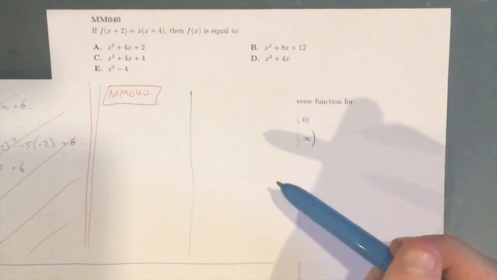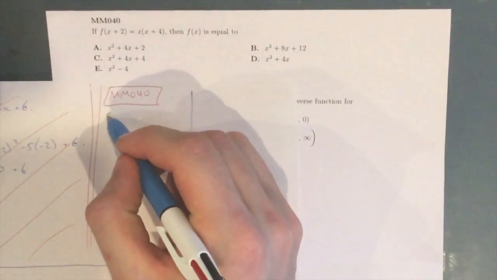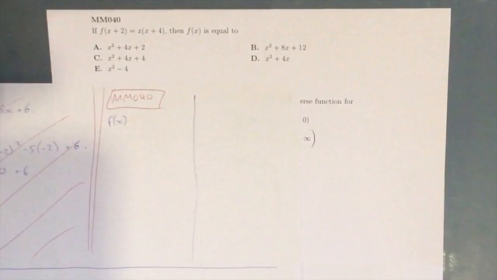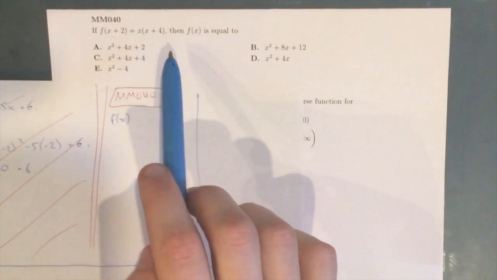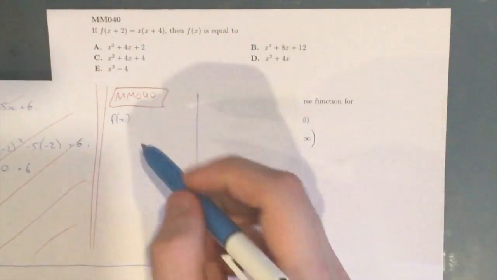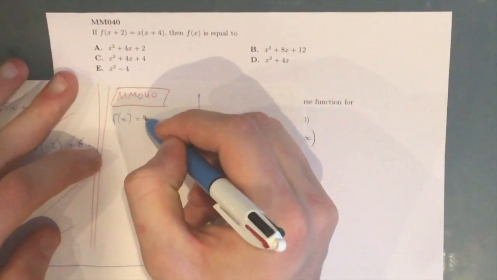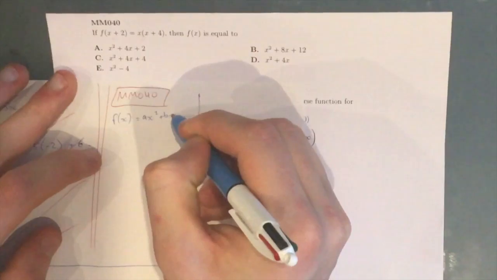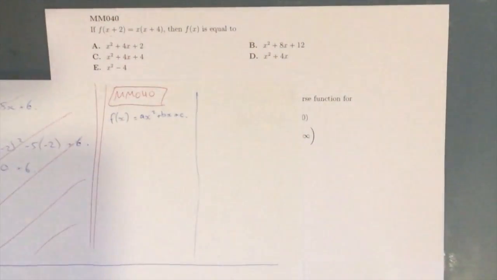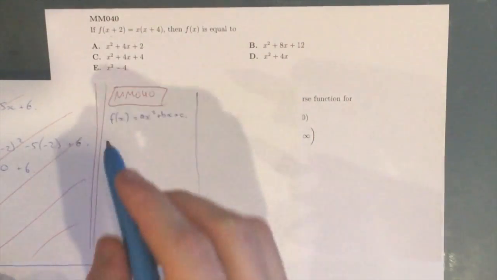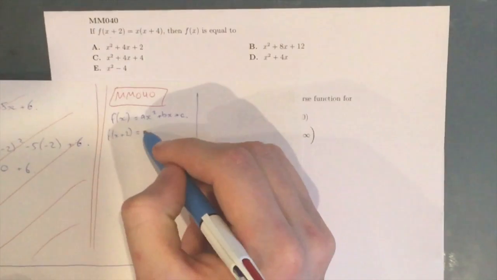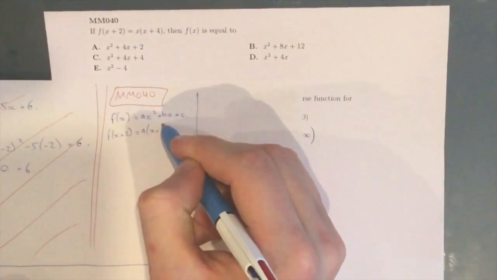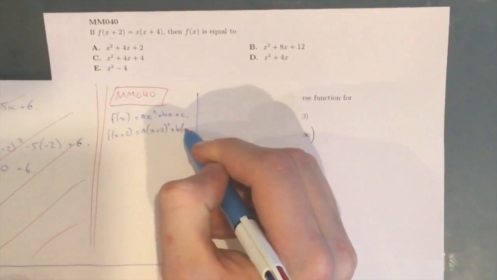We also know that f of x is some sort of quadratic, because f of x plus 2 is also a quadratic. So it just means that f of x has to be one as well. So I start off by expressing f of x in the general form, ax squared plus bx plus c, which means f of x plus 2 is equal to a times x plus 2 squared plus b times x plus 2